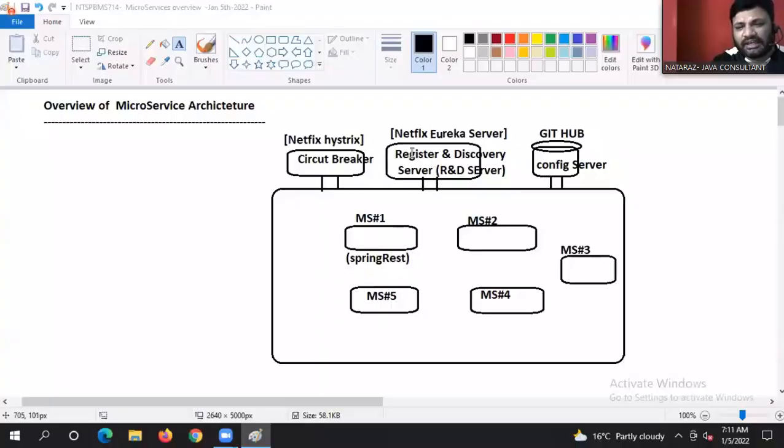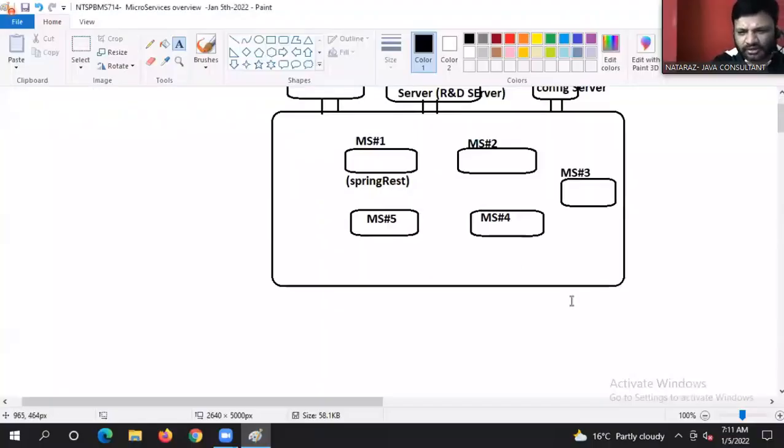In the registry discovery server, nothing but Eureka server, right? Where will the common properties of multiple microservices be placed? Config server called GitHub, right? If any microservice is having a problem, who will inform the admin? Circuit breaker. I will give explanation points also, don't worry.